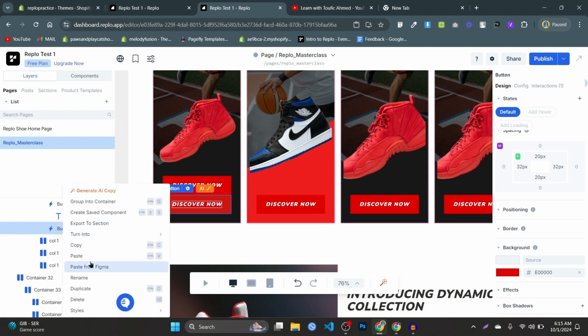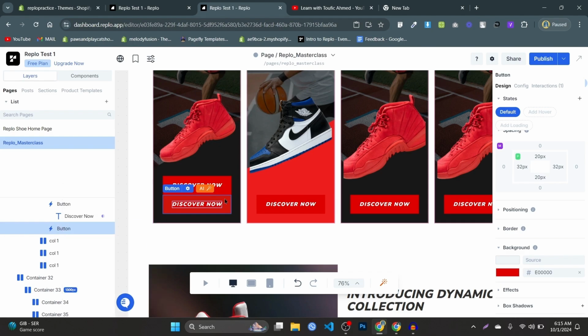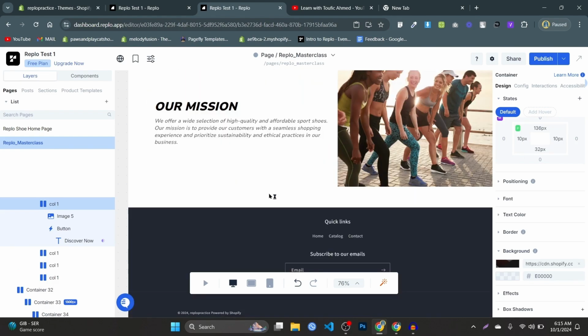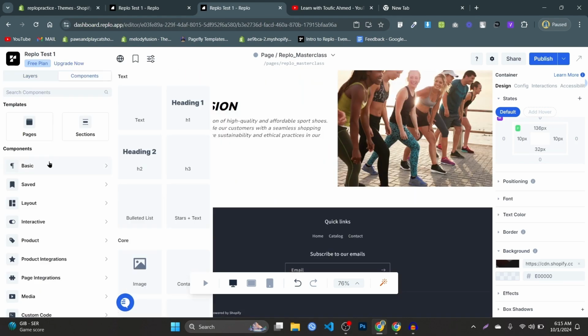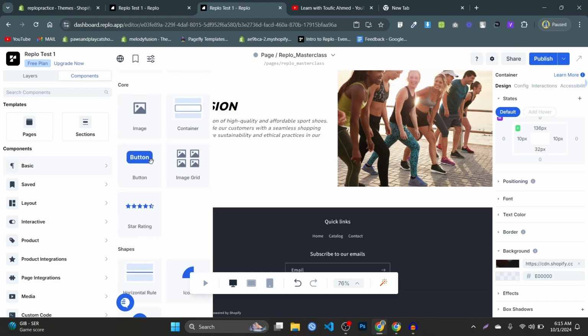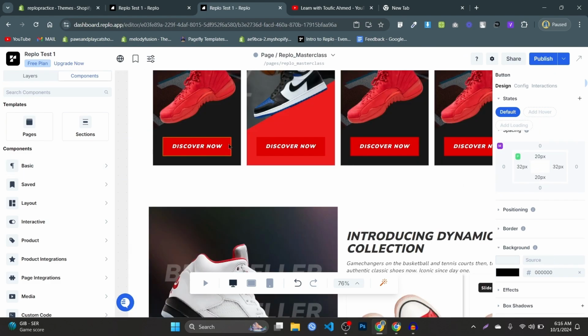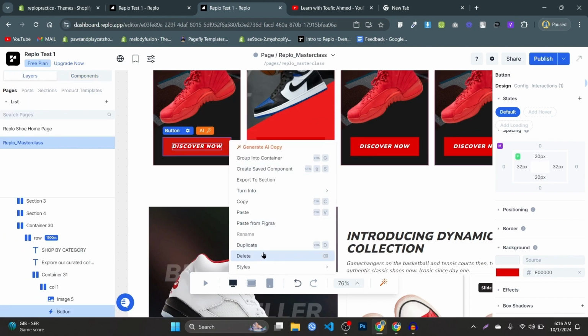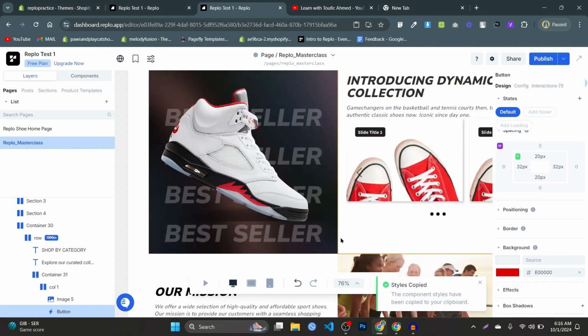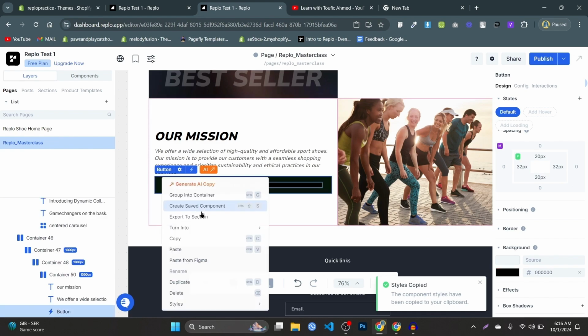We don't need this button here, we can delete this, and we can go to the components, click a button after this, and after that right click on this button and copy styles and paste styles. Okay,